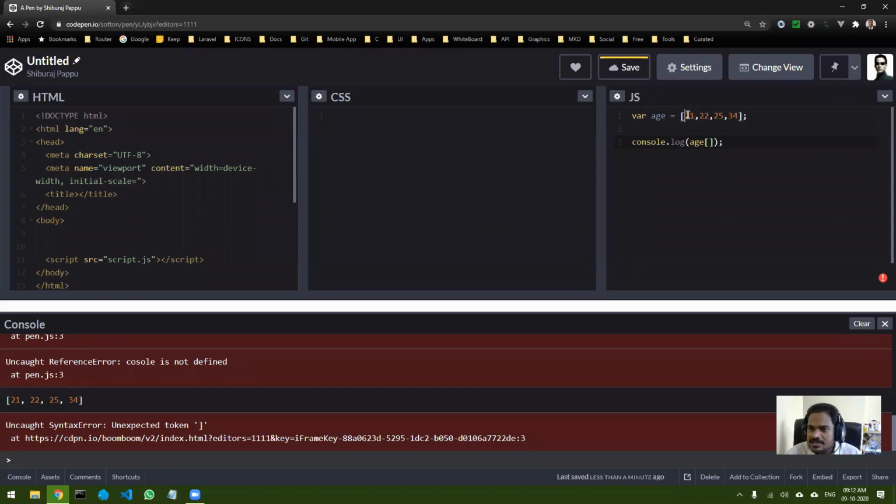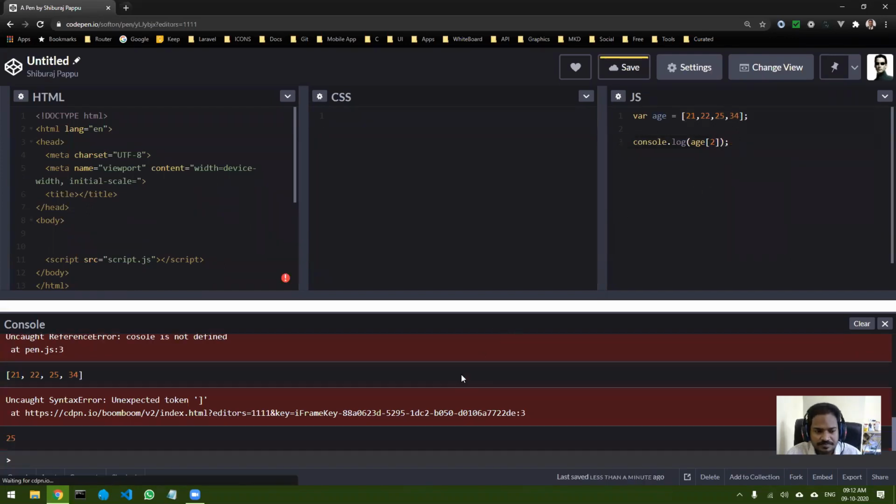So this is index 0: at index 0 you have 21, at index 1 you have 22, index 2 has 25, like that. Let's say I want to get the value 25, that is at index 2, because this is 0, this is 1, and this is 2. So I just write age of 2, and now if I save it, you can see I get 25. So basically this is how you can use arrays.